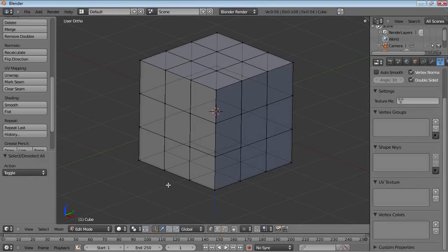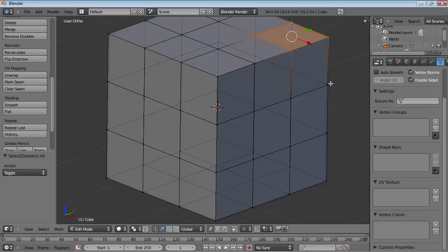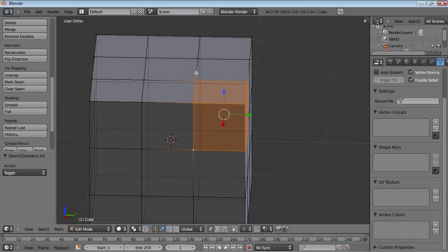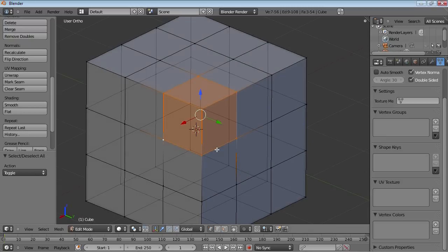So, Hide Unhide. Now this is another feature or another tool that I use very often, and that you can use in conjunction with other tools, such as the Select Connected, which is next, but I'll talk about that later. To hide something, say you select these 7 vertices, and you want to hide this so that you can see what you're doing on the inside a